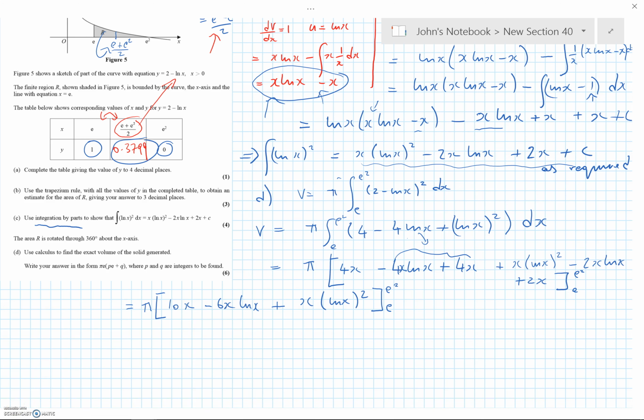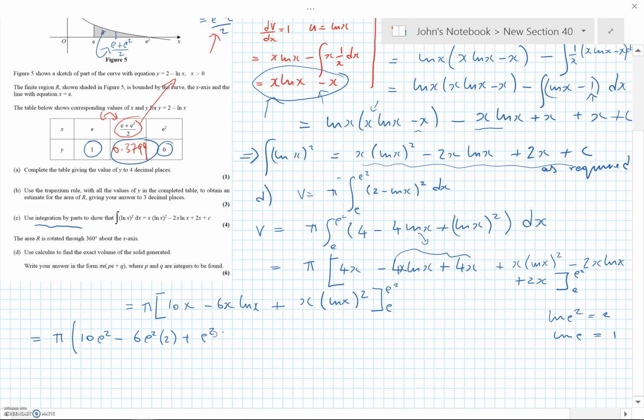Okay, now notice here that e squared, ln of e squared is 2 and ln of e is 1. So I'm using those two facts in working this out now. I'll write that down. Ln e squared equals 2 and ln e equals 1. So that should help us to put our limits in. So let's just put the first bracket in. Pi times 10 e squared minus 6 e squared times 2 because of ln e squared, plus